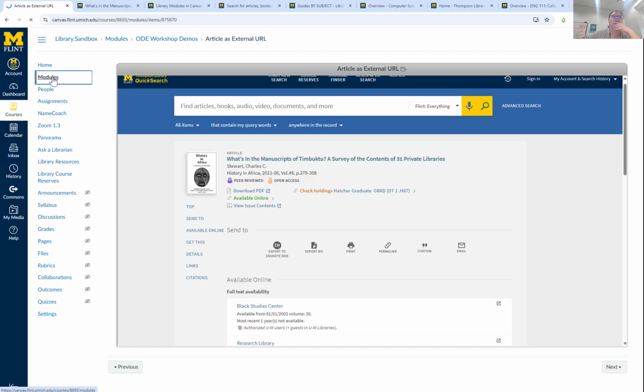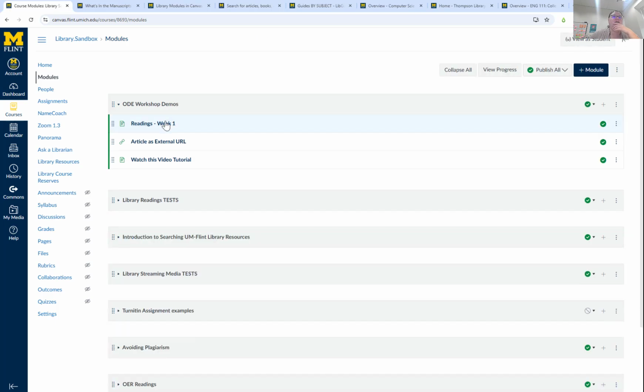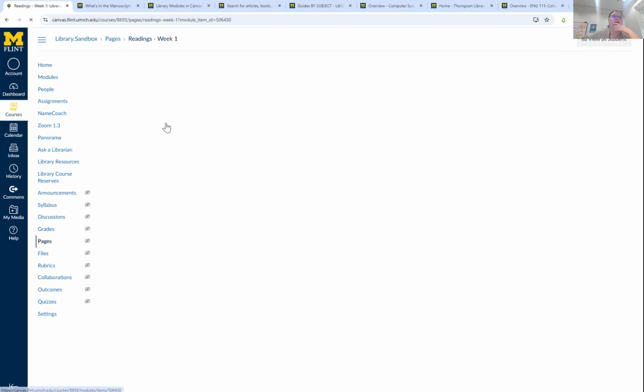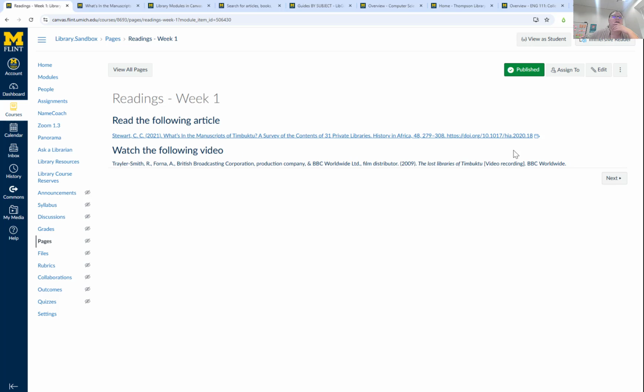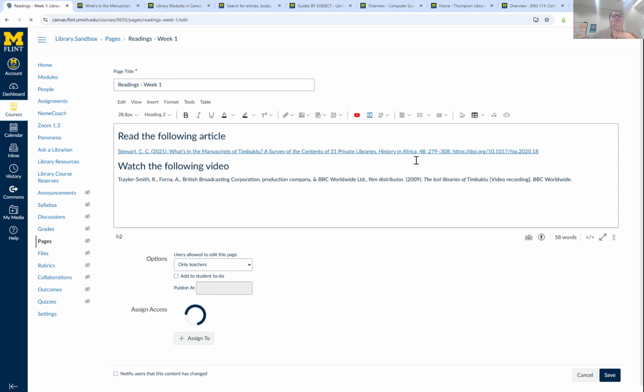If you did want to add a PDF, there's a couple of things you should think about, because the accessibility of a lot of the library's content that we subscribe to does not necessarily meet accessibility standards, and that is why a lot of PDFs are getting flagged, because they're uploading it from this. So this is going to be the way that you hit all those accessibility standards, at least on our end. But if you did want to do this,